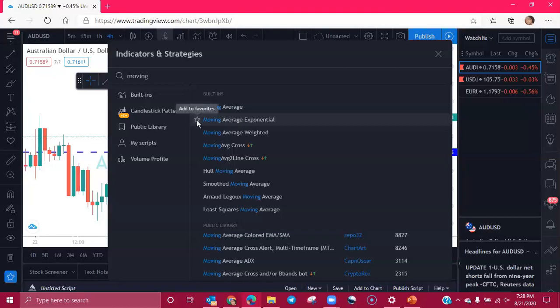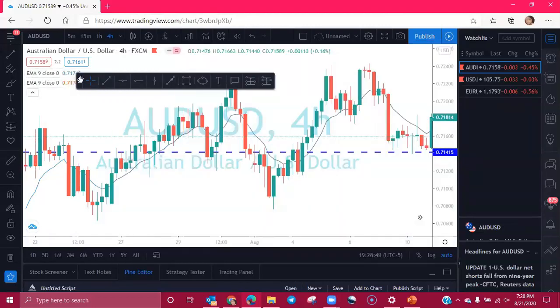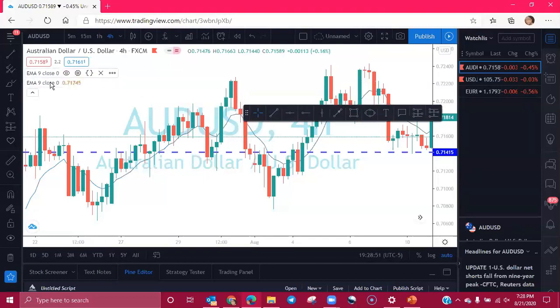But now say we want this as a favorite. Before we do that, we're going to click on that star right next to it, make that a favorite. And then we're going to click on that indicator. Now, I don't know if you noticed, but when you click on that indicator, it automatically shows up on your list right underneath your pair here on the left side. So let's say we want to add another moving average. You'll just click on it again, and then it'll add it here. These are where your indicators end up, okay?